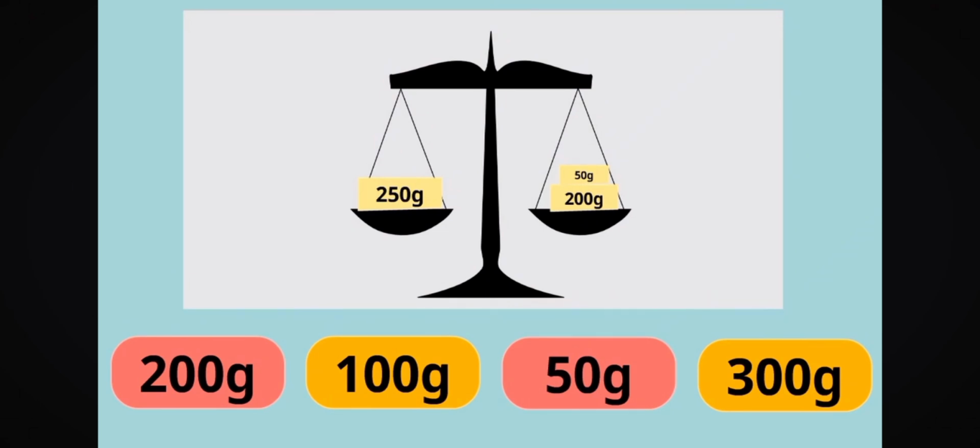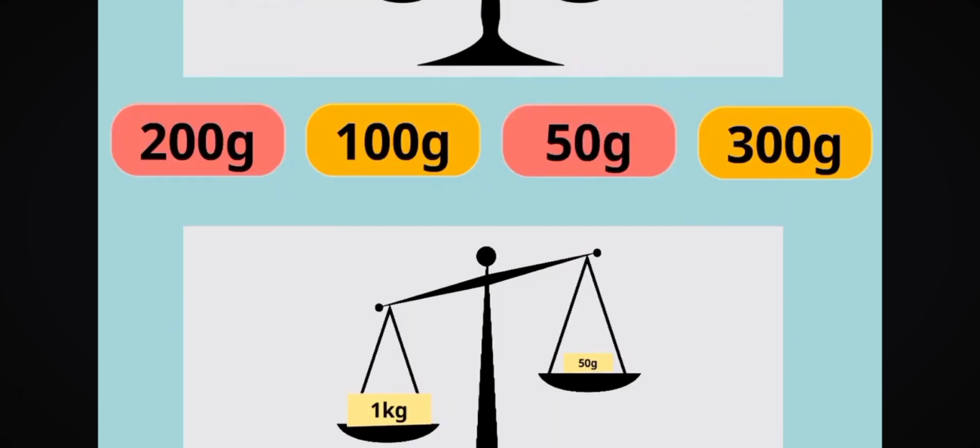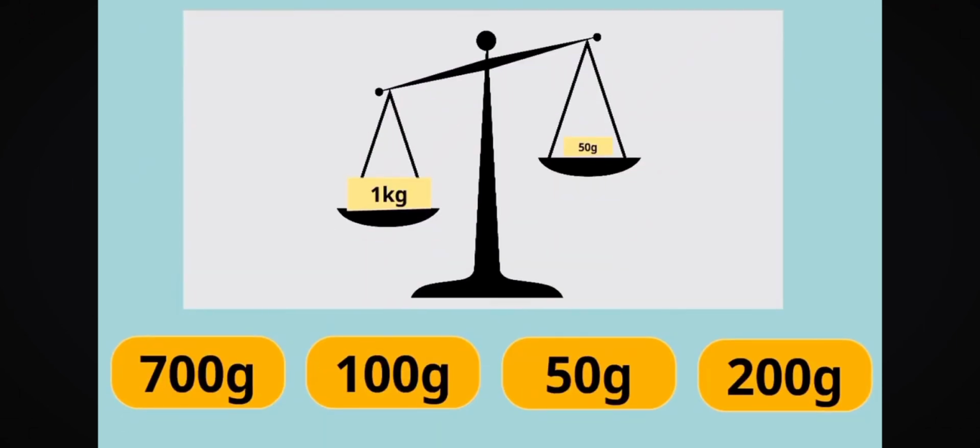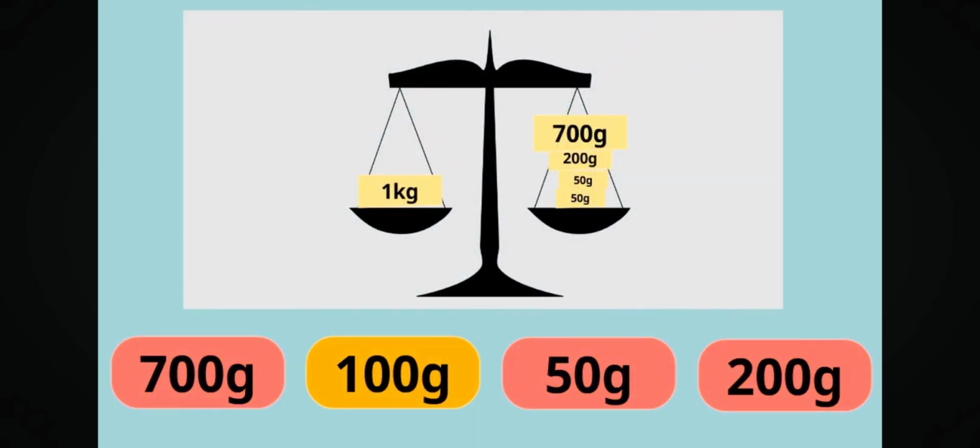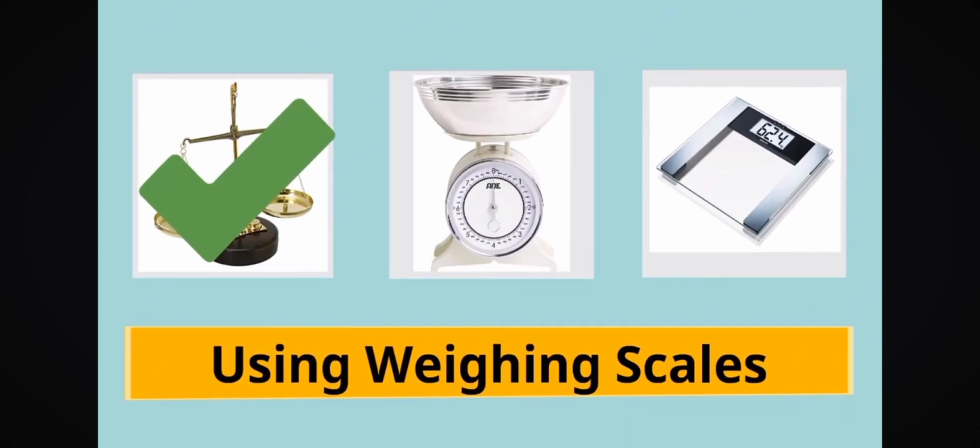Let's go for one last practice one, and this is probably the most difficult one so far, because you're going to need more than one weight to balance the scale. I want you to remember that there are 1,000 grams in 1 kilogram. Can you try and answer this for me? You'll need to add 700 grams, 50 grams, and 200 grams. Now we know how to use weighing scales. Let's take a look at